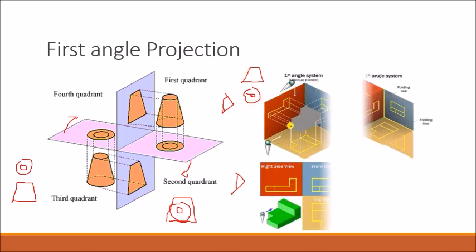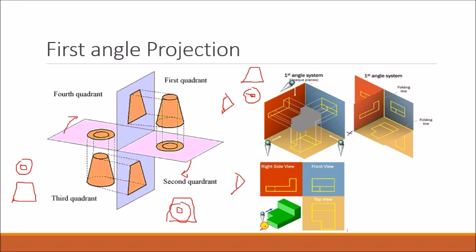Clear? Okay, the same example is shown here. There is a component here. This becomes your front view, this you have drawn as the left view, and here, sorry, this is your top view. That is how the three different views are drawn, and that is what you will be seeing in these videos. We'll take one example, a 3D object, and convert it into a 2D drawing.